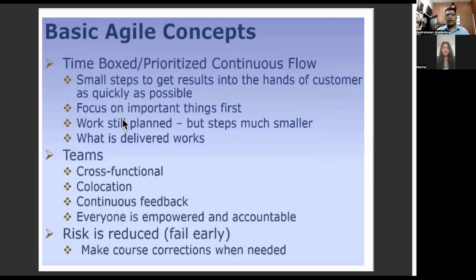So if a piece of work is not done, the project manager or service leader is not accountable. The team is responsible, and they've got to be accountable. They've got to answer why it is not done and what we can do to try and improve it. And that reduces the risk fairly early.